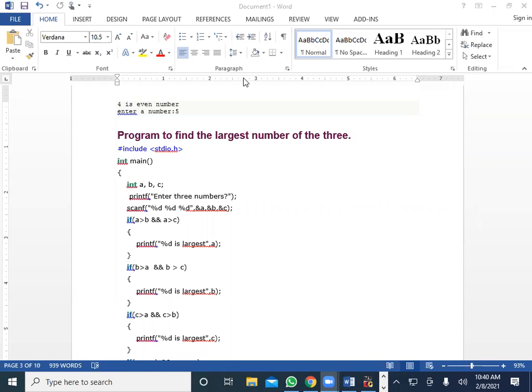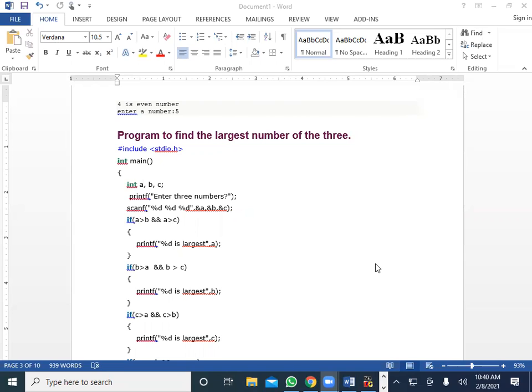Rita, can you tell me, when we say that the number is even or odd, how do we check that a particular number is even or odd? Rita, are you there? Zishan is not audible. Then Purnima, yes, sir.